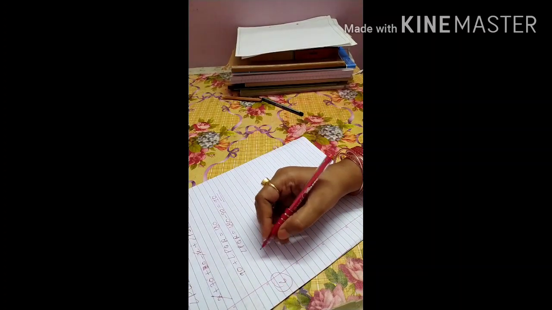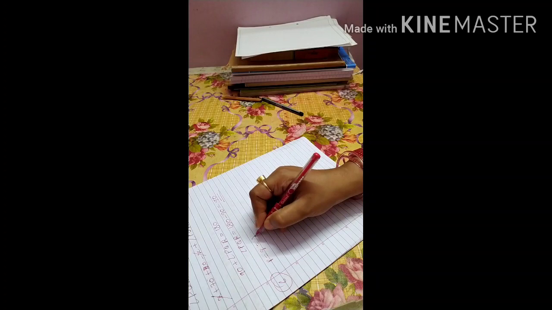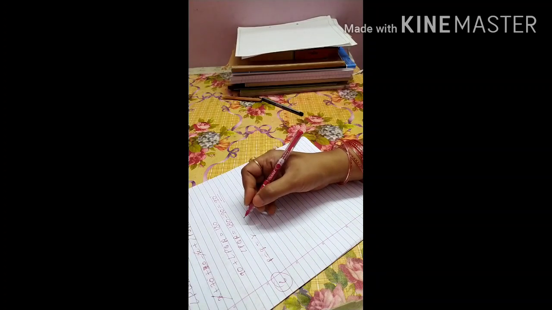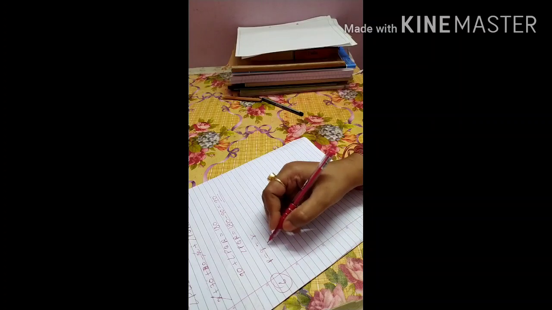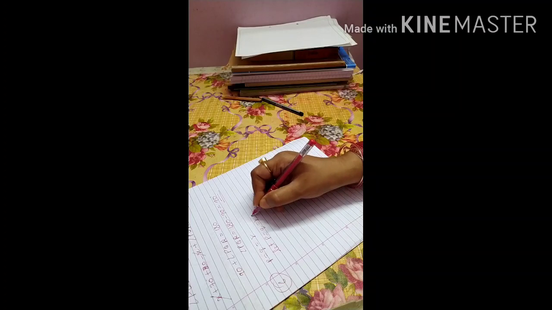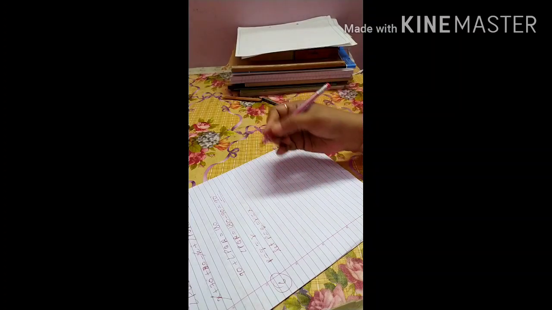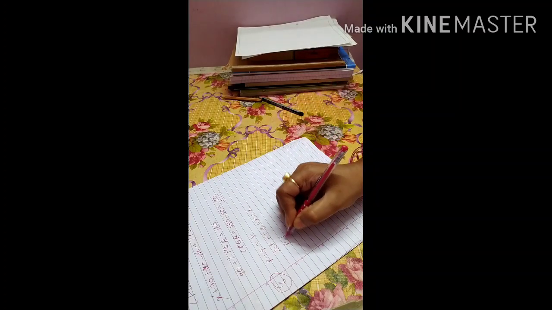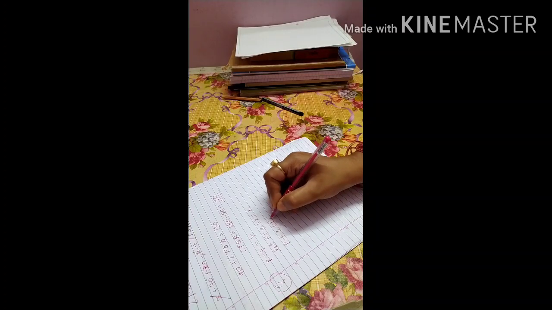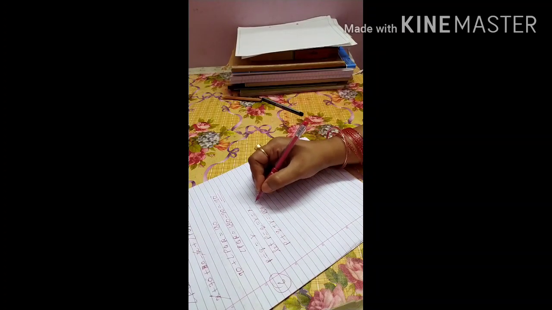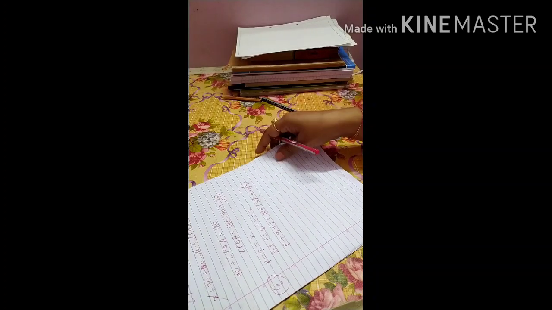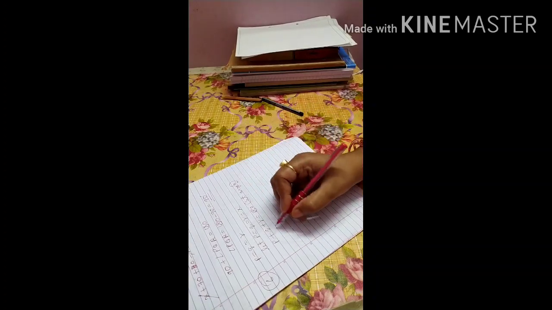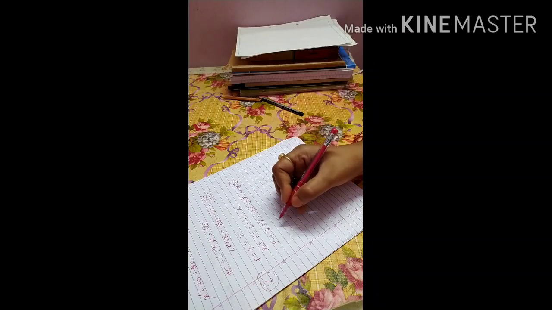It is given that P is equal to Q is equal to R. Find each. You have to find the value of each. So let P is equal to Q is equal to R is equal to x. Suppose. Okay. So we can write P plus Q plus R is equal to 180 degree. And the reason you can write what? Straight angle. This is very important to write the reason. In geometry you have to write the reason.